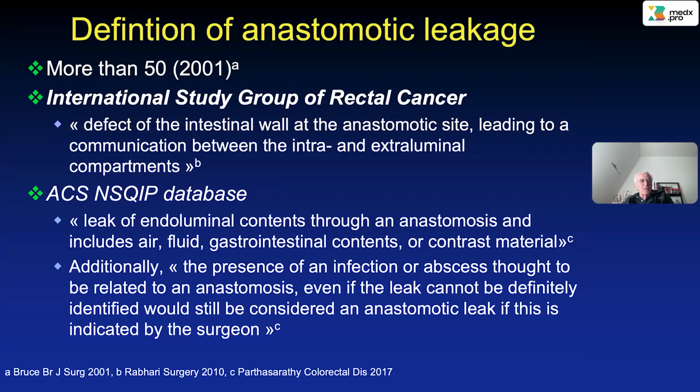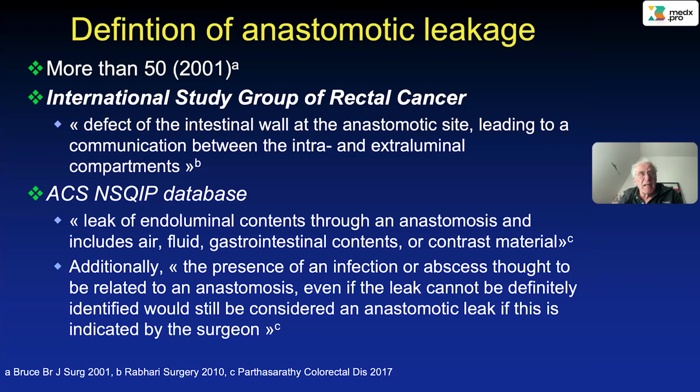However, today there are two that have to be retained. By far the most widely used definition is the one from the ISGRC, the International Study Group of Rectal Cancer, published in Surgery 2010, and a modification that was done by William Chen and myself in 2019,